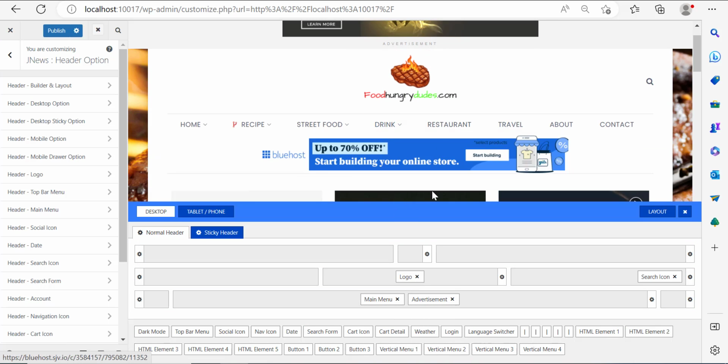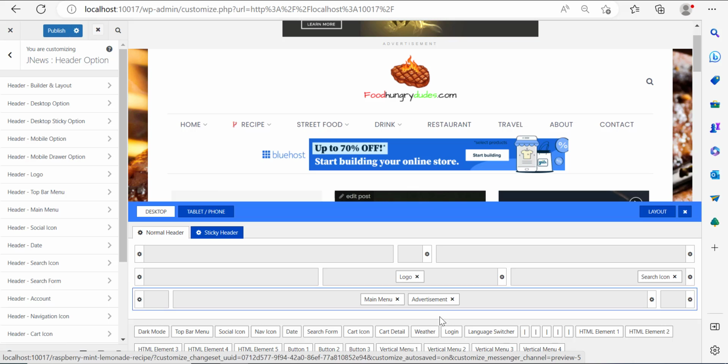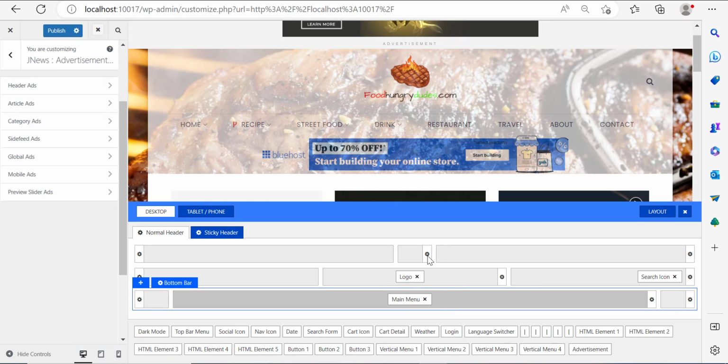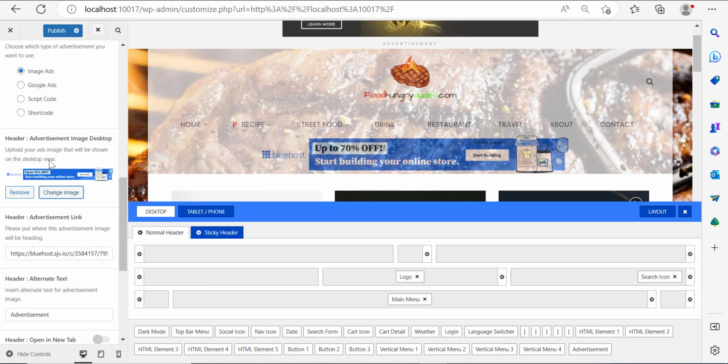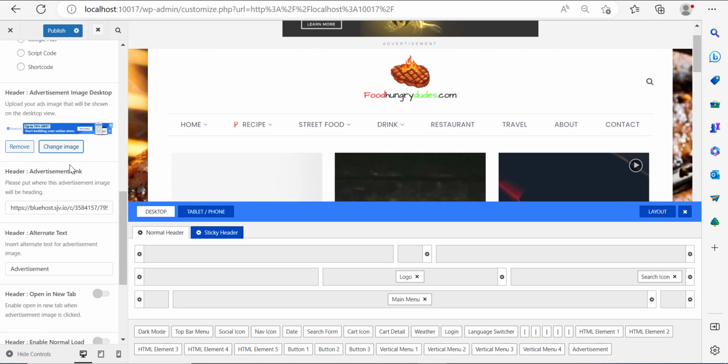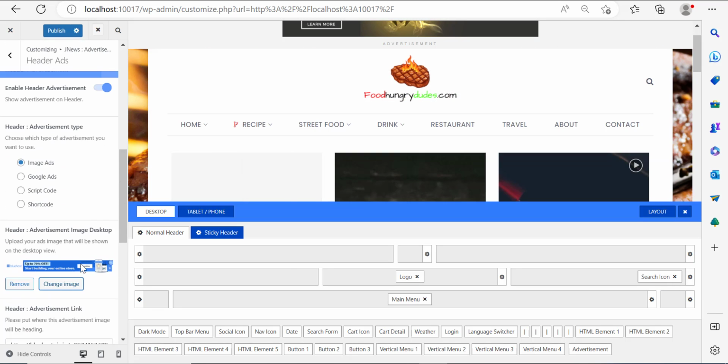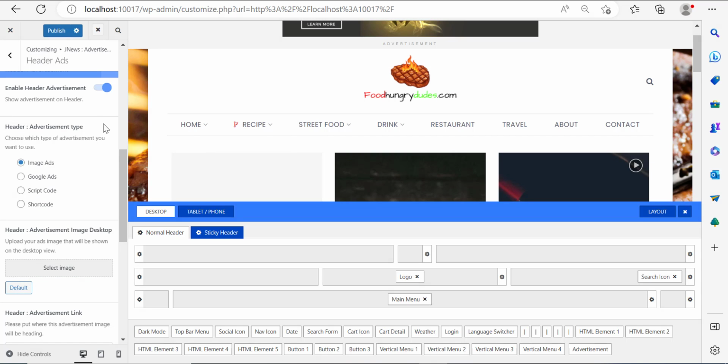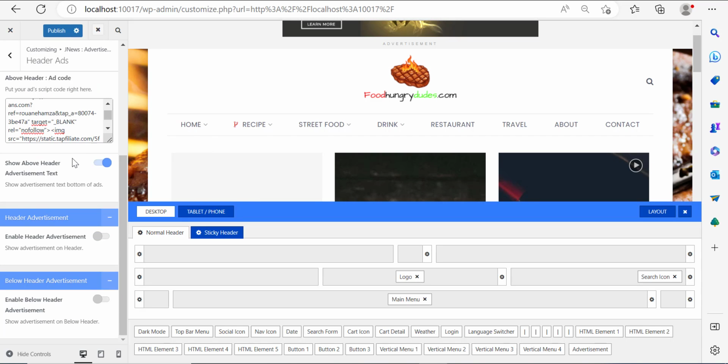And so right now you can see that we have an advertisement right on the menu. It looks a bit ugly, I would assume. So that's why I would remove it. And I would go back to JNews advertisements. And I would just remove this image, disable this one, and I would enable below header advertisement